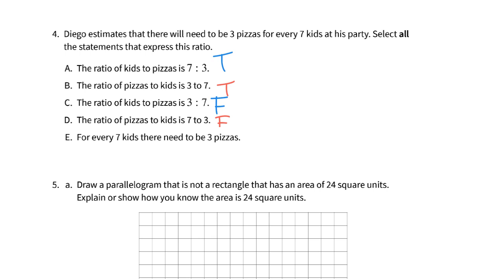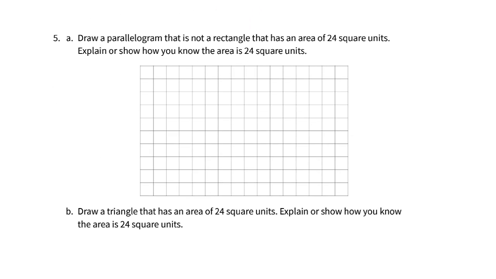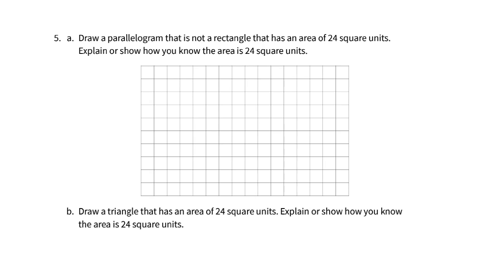And then E, for every 7 kids, there needs to be 3 pizzas. Yeah, that's a true statement. So there we go. We had 3 trues, we had 2 falses. All right, and then number 5, draw a parallelogram that is not a rectangle that has